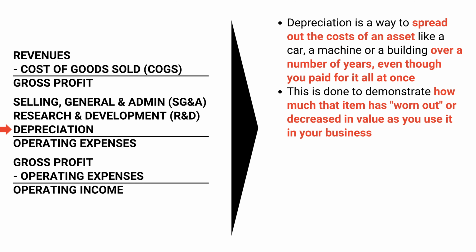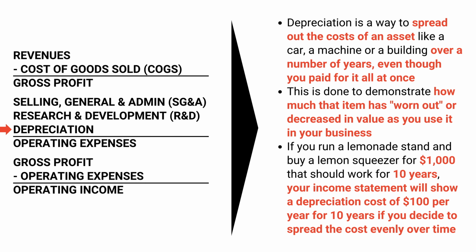in your business. If you run a lemonade stand and buy a lemon squeezer for $1,000 that should work for 10 years, your income statement will show a depreciation cost of $100 per year for 10 years if you decide to spread out the cost evenly over time. This helps to figure out how much profit a business actually earns when we consider the expense of using its